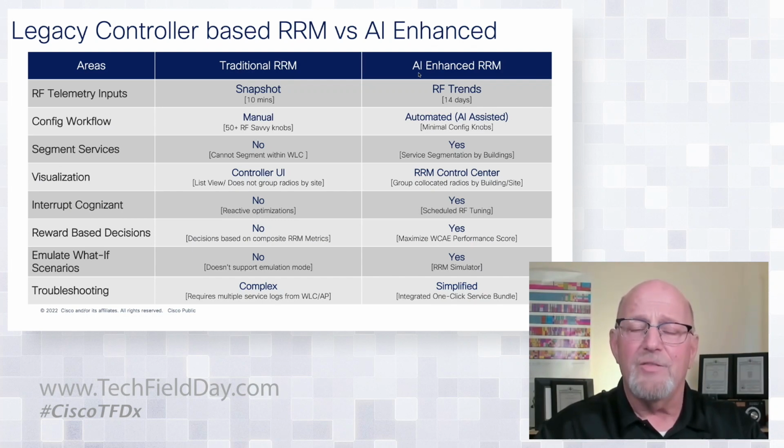Reward-based decisions, yes, we are monitoring exactly the same scores that we pioneered with the wireless config analyzer health scores. So there's no transition pain in that. If you understand or have used any of those tools, you're going to find this very, very familiar. We do have, and this is still on the roadmap, I just saw demos of it,